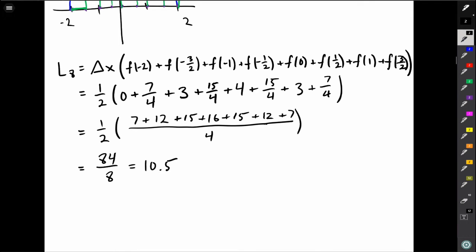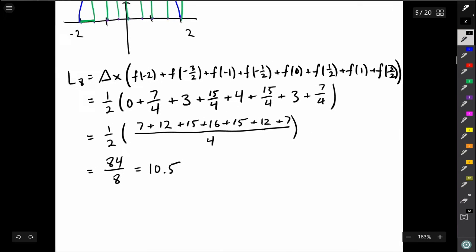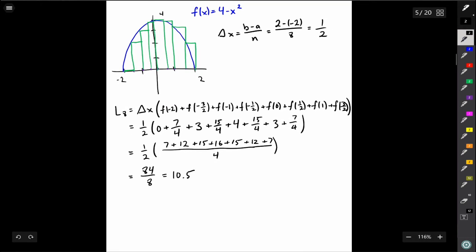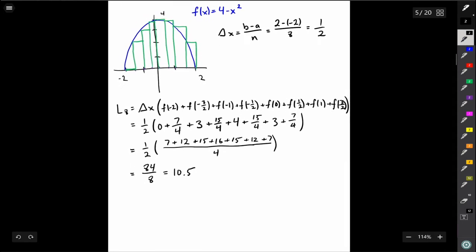All right? So when we do this with 8 rectangles, we get a closer approximation to the true area. This is actually really close to 10 2/3. So you can see here, in order to improve an area estimate, if we shove in more rectangles into the area, those gaps that we had get smaller, and those overestimates over here also get smaller. So again, compare